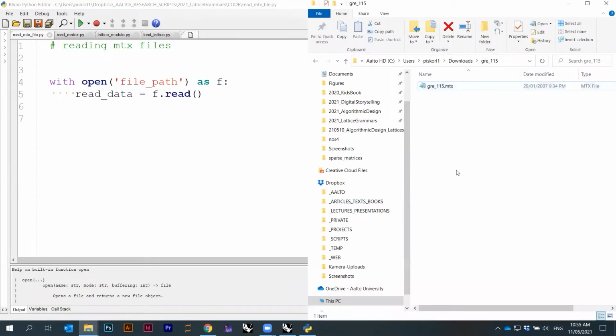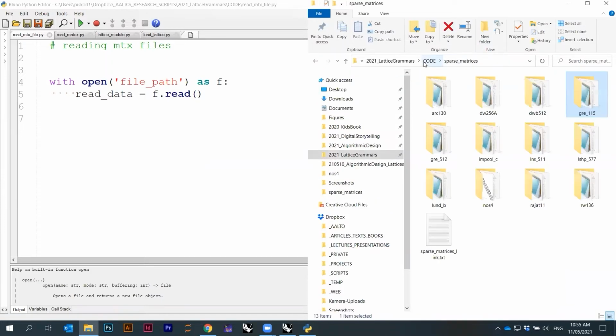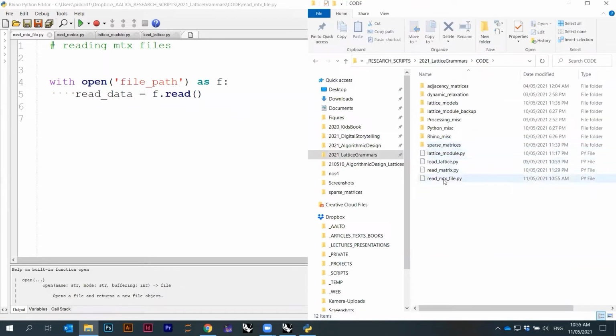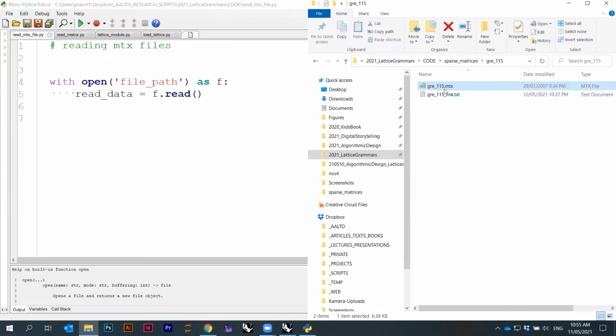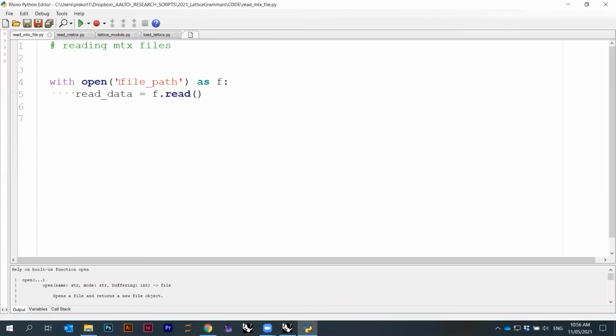just see. So I'm going to not load this file here, but one that I have in the folder. So it's here. My code is called read mtx file, and then I have a relative folder called sparse matrices. And the one that we downloaded is this GRE115. Okay, so I have to access this file, and that means I have to access this relative path. And that means this file path, I can just say here, file path